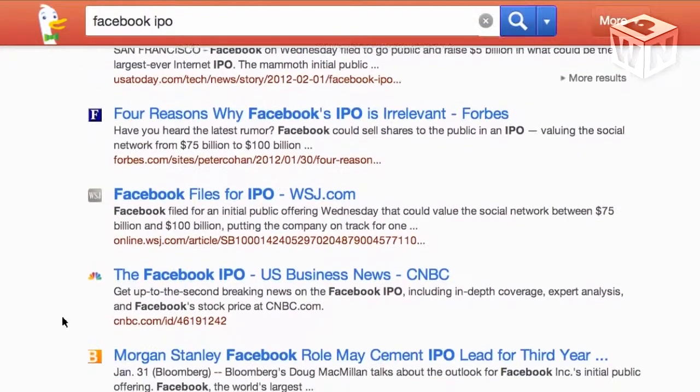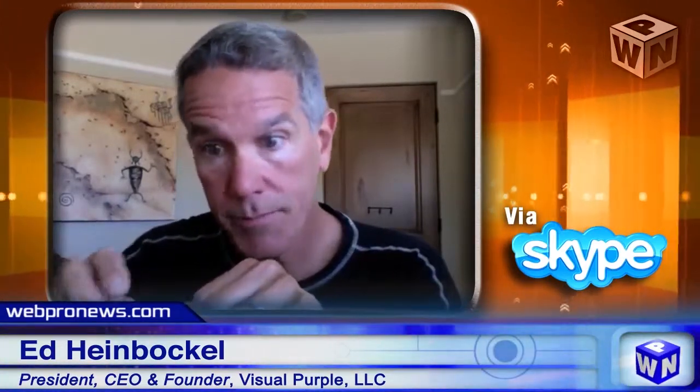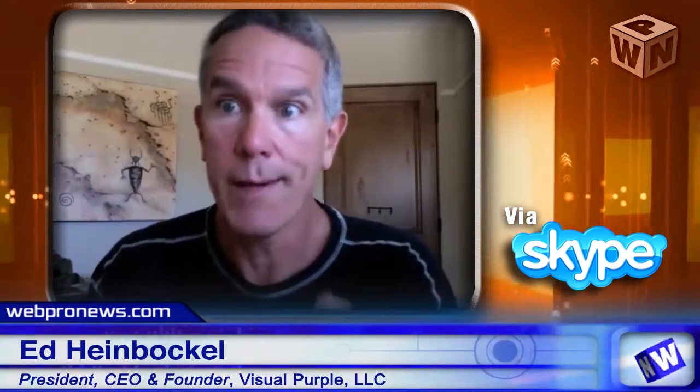DuckDuckGo provides anonymity, and I think they do a really good job of presenting the results, and it's private. That's great, but at the end of the day, they don't do that intelligent reading that GUI provides, reading all the stuff for you and bringing back that trust but verify approach. It doesn't matter if it's DuckDuckGo or any search engine. That's a layer that we have that others don't, and that's what I think is the real value. It's saving you the time of going through and clicking on every link, running the distance, and really finding the